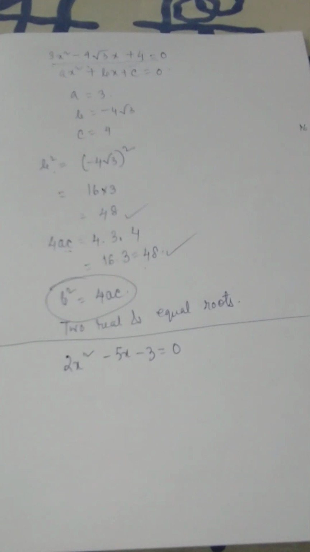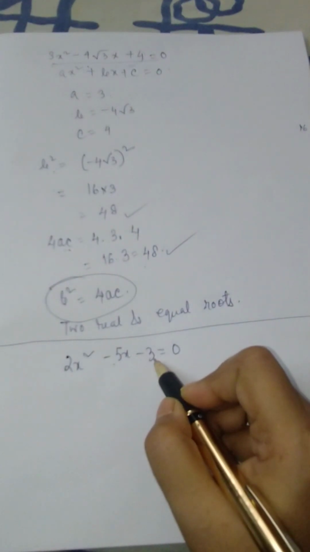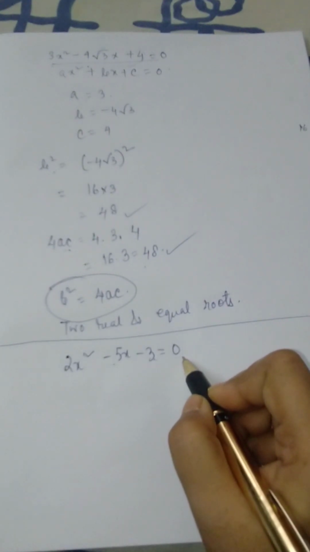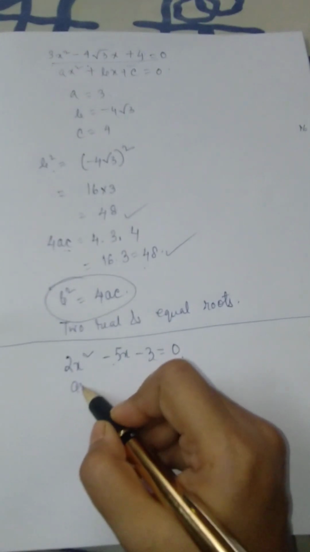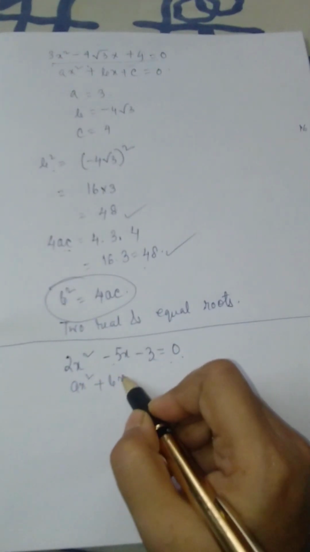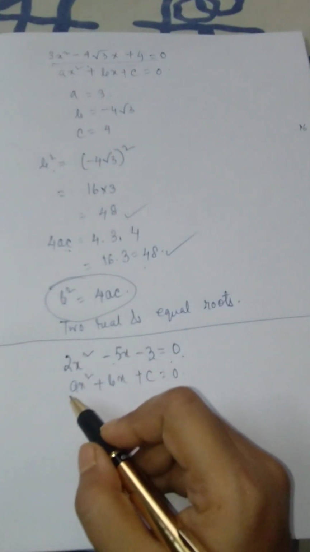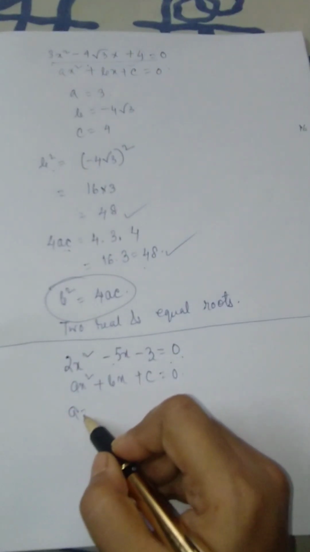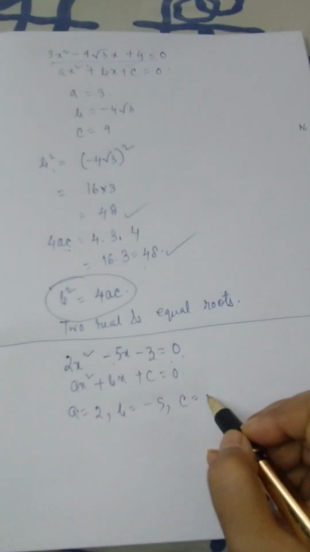The third equation is 2x square minus 5x minus 3 equals 0. Same here also, it is already in the format of ax square plus bx plus c equals 0. So we need not simplify it. From here, if we compare, a equals 2, b equals minus 5 and c equals